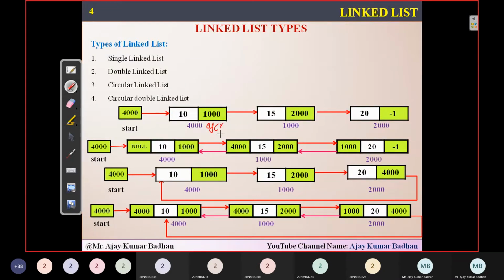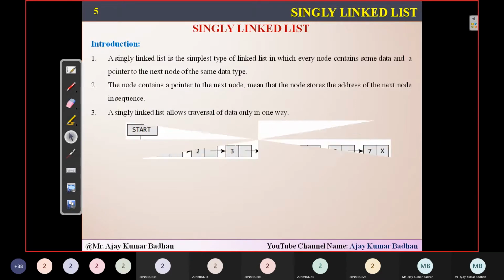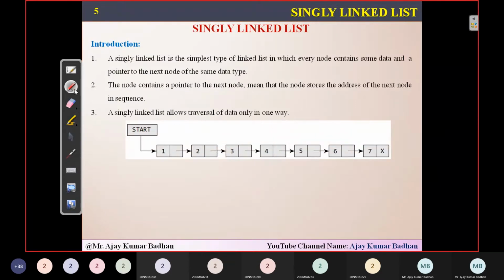Now let's talk about the singly linked list in this particular scenario. Let's go ahead fast. This is what we actually represent; I have already explained it. You can see that initially we have a start. Remember, this is not a node, this is a variable. What type of variable is it? It is a pointer. We are going to work only with pointers. So in coding, you will be writing something like *start. And what will the start consist of? The address of the first node.